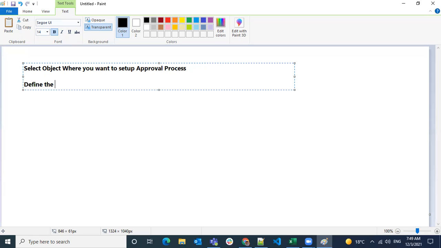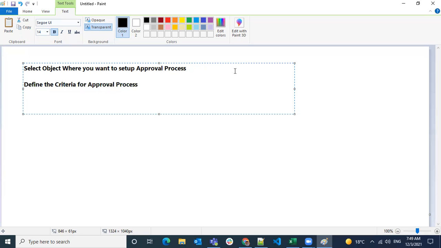Define the criteria for approval process. The criteria means, let's say you have job applications, and not all job applications need